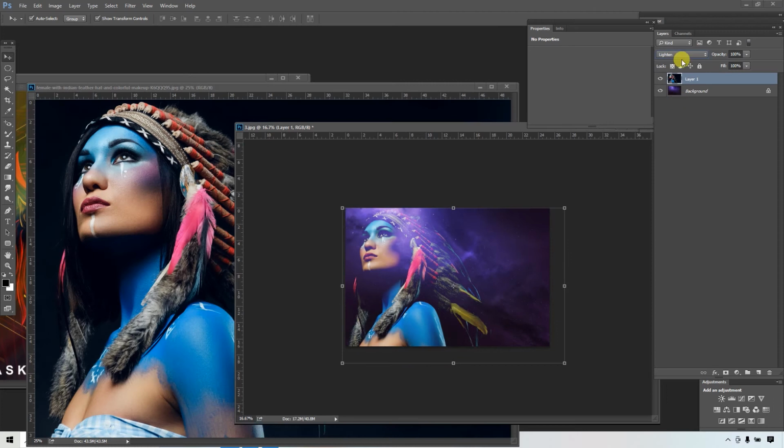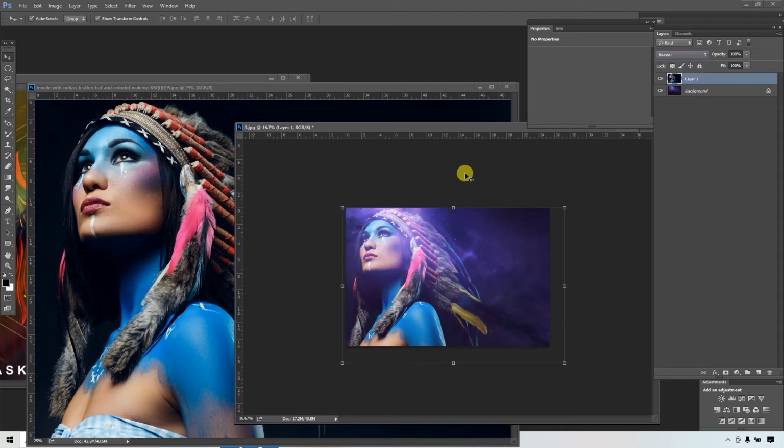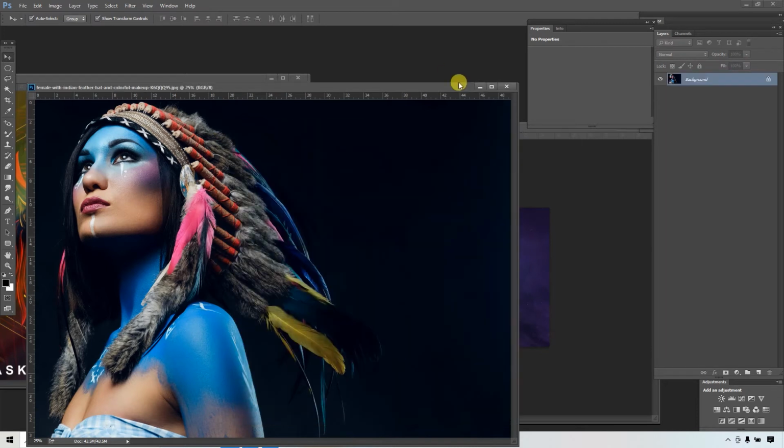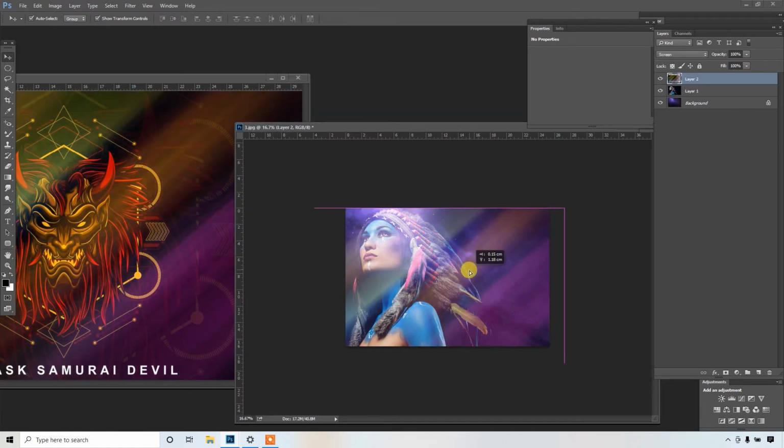Lighting or screen. Okay. So, ang gagawin ko naman ngayon guys, yung ginamit natin na effects kanina, i-drag ko naman siya dito sa subject for double exposure. Yon, so yun yung nangyari. Kung makikita mo, meron na rin siyang style. But hindi pa ako satisfied dyan. So ang gagawin ko,